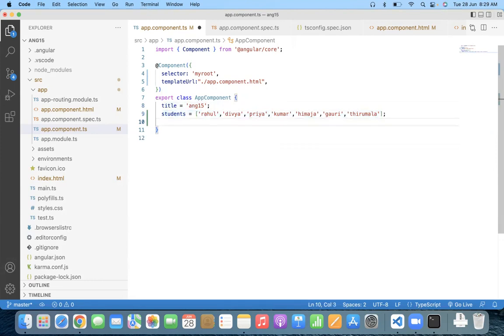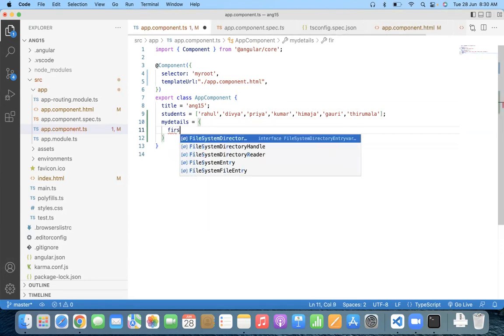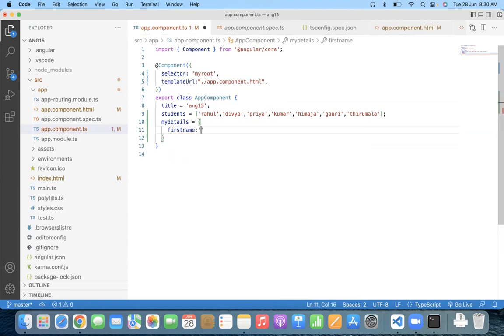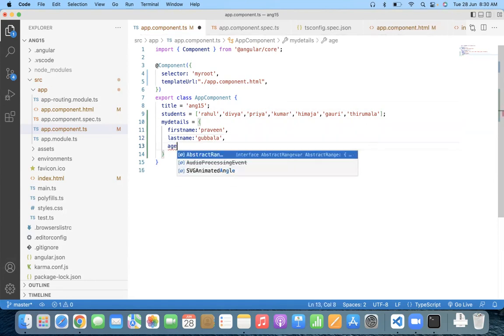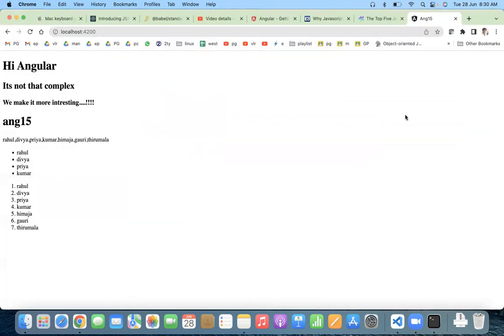Okay, array of objects, or let us first take the object. That is, myDetails is equal to an object. So here, first name is Praveen, last name is Bala. Okay, so now